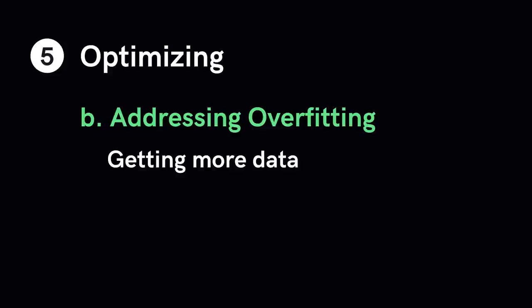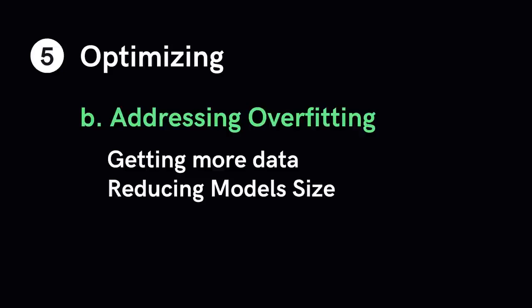Getting more data is usually the best solution. A model trained on more data will naturally generalize better. Reducing the model size, by reducing the number of learnable parameters in the model, and with it its learning capacity, is another way. By lowering the capacity of the network, you force it to learn patterns that matter or that minimize the loss. On the other hand, reducing the network's capacity too much will lead to underfitting. The model will not be able to learn the relevant patterns in the training data. Unfortunately, there are no magical formulas to determine this balance. It must be tested and evaluated by setting different numbers of parameters and observing its performance.